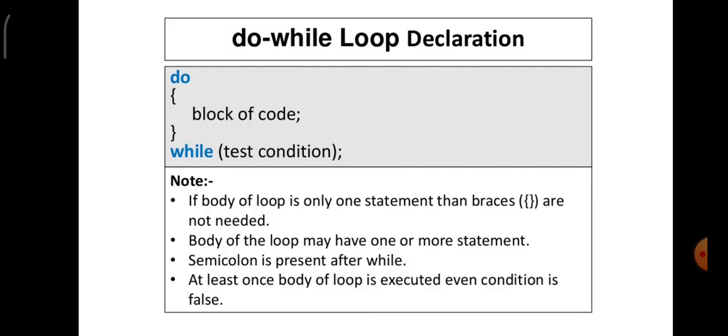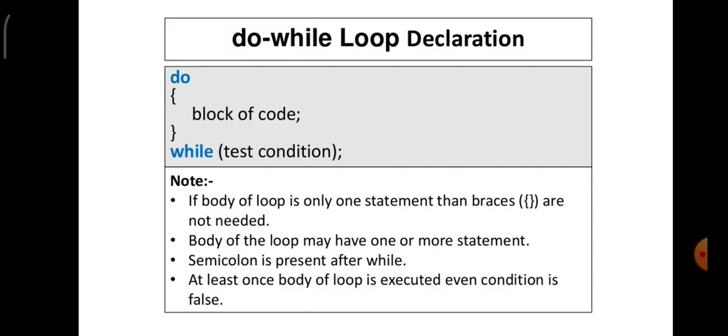But do while loop will execute at least once, even if the test condition is failed, because we are not having the test condition close to do. We are not going to check the condition first. It will print the initial statement and then it looks out for the condition. That's the main difference between the while loop and do while loop. Do while loop will print the statement at least once, even if the test condition is false. This is what you have to learn.